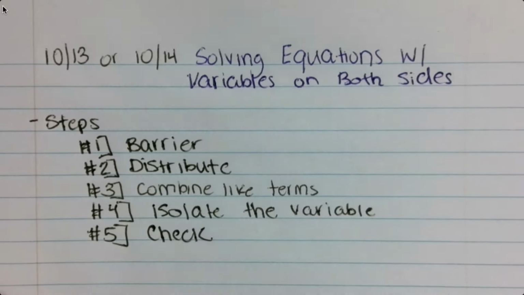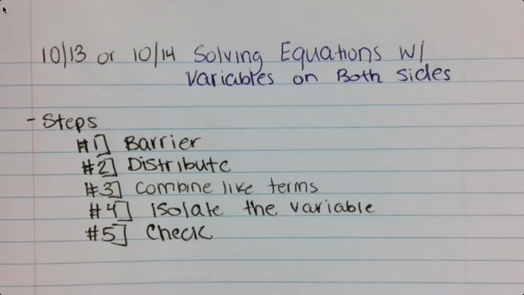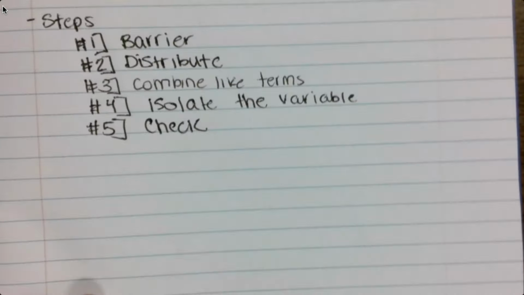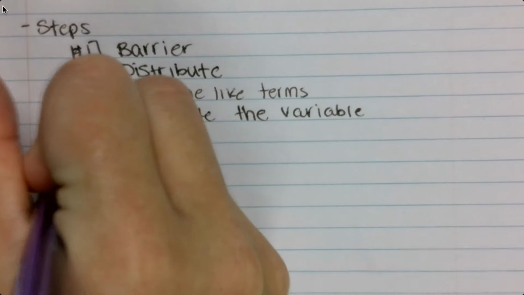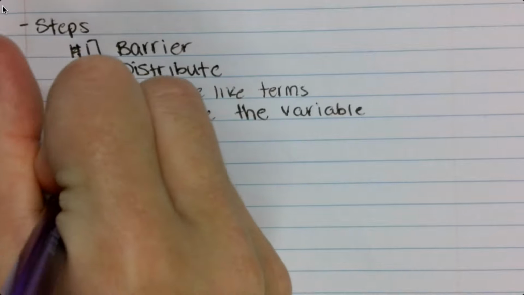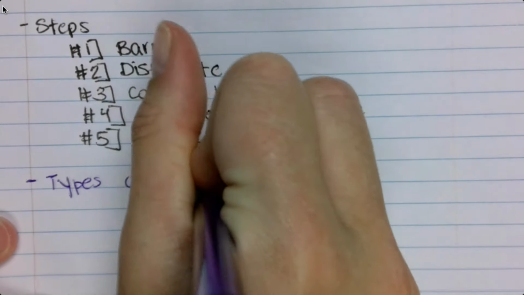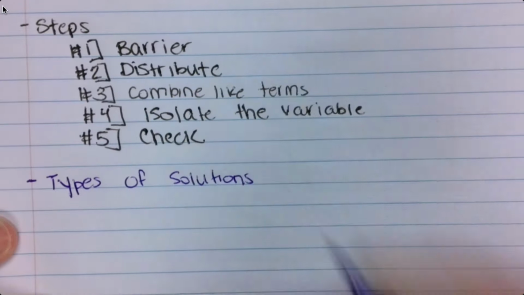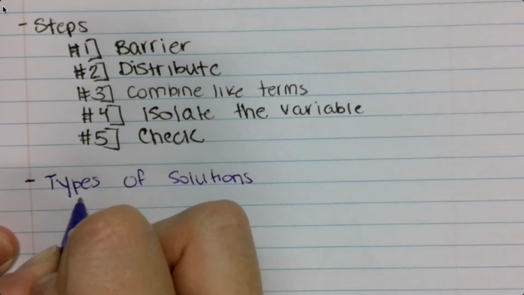All right, so those are our 5 steps, no different than before. Now, because we have variables on both sides, there are going to be different types of solutions. So we are going to have types of solutions. Type number 1